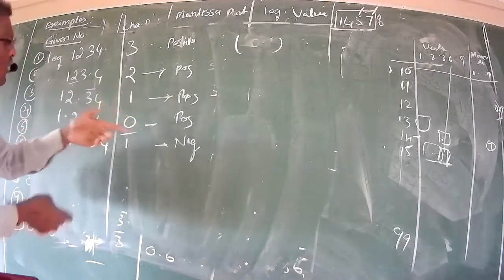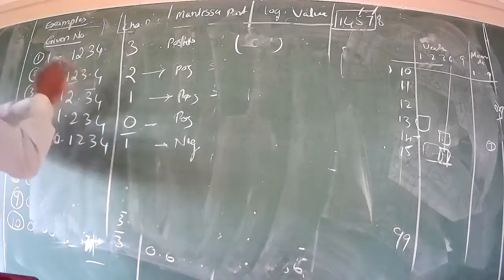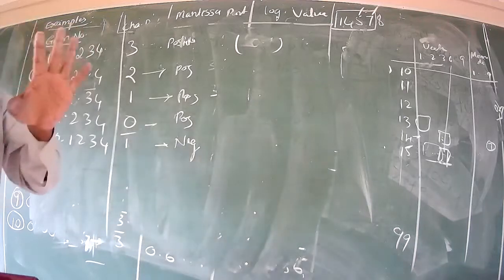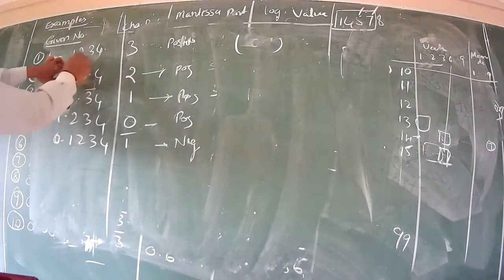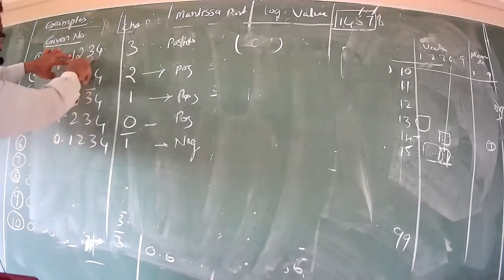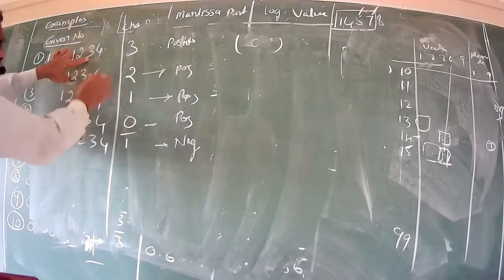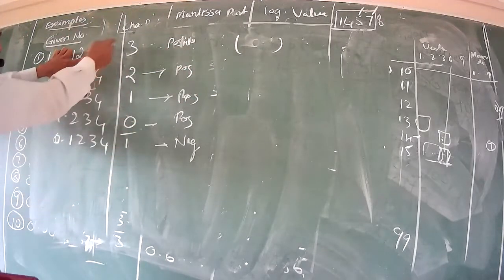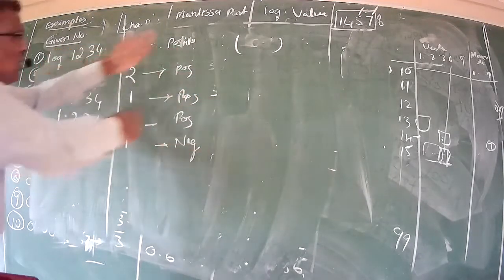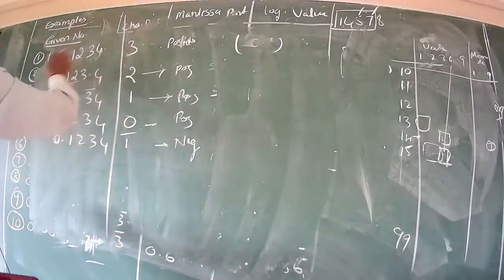Second is the Mantissa part. To find the Mantissa part, refer to the logarithm table and ignore the decimal point. Take the first 2 digits, then the third column, so it considers 4-digit numbers. Here the 4 digits are 1, 2, 3, 4. Go to the 12th row, come to the third column in the same row, and find the number. Then go to the mean difference column, the fourth column, find that number, and add it to this. That gives the logarithm of the given value.